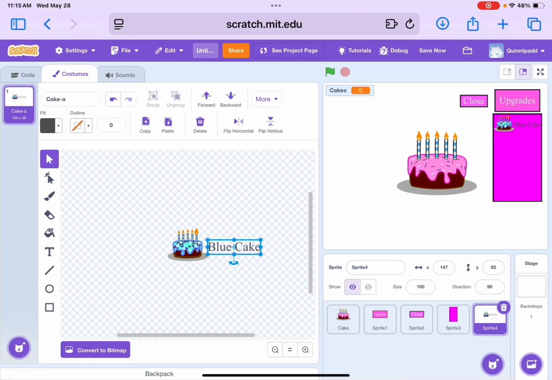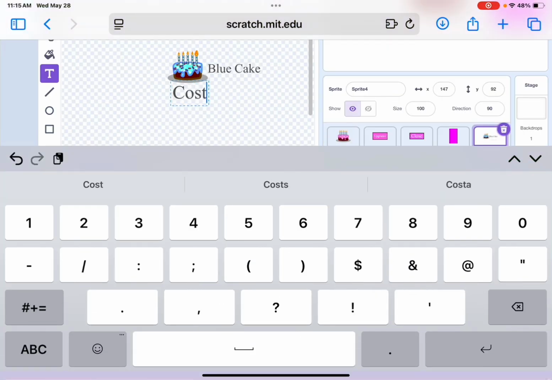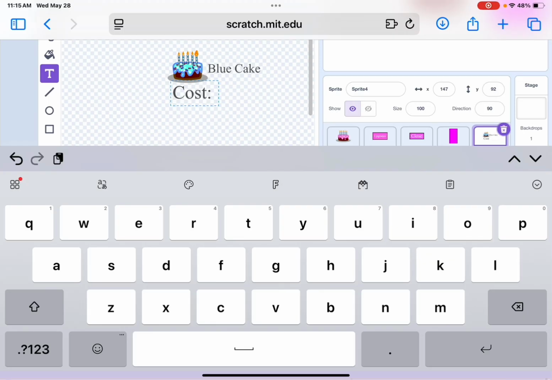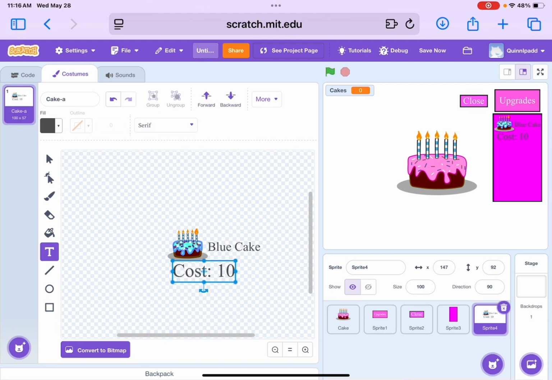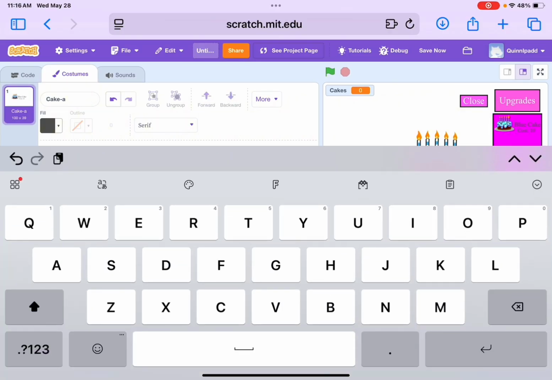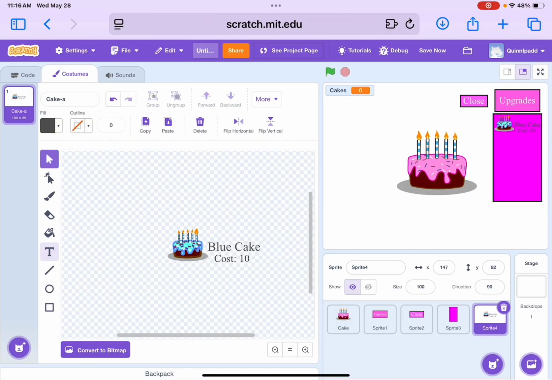Blue cake. And then under it, we're gonna put, nope, right there. We're gonna put cost, then this little colon. Put a space. Let's make it 10. And we're gonna make that a little bit smaller. Like that. Make it a little bit in the center. That's perfect. Now,